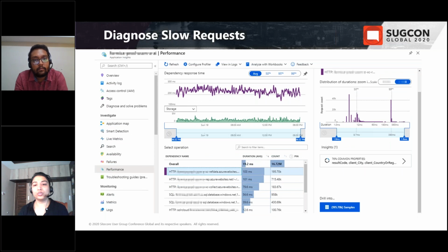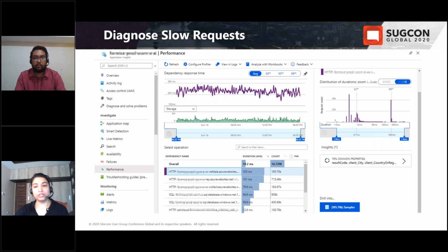Now let's see how we can use this information to diagnose a slow request. Each request event is associated with the dependency calls, exceptions, and other events that are tracked while your application is processing the request. So if some requests are doing badly, you can find out whether it's because of a slow response from the request or a slow response from a dependency call. You can see the performance of dependency calls by navigating to the dependencies tab in the performance panel. It shows all dependency calls and count sorted by duration taken to serve the request.